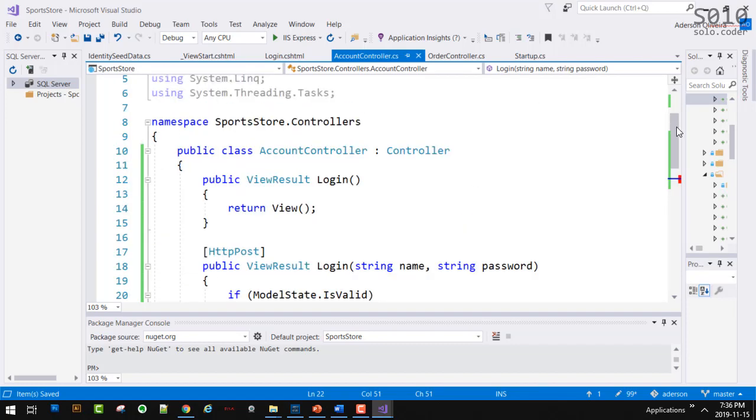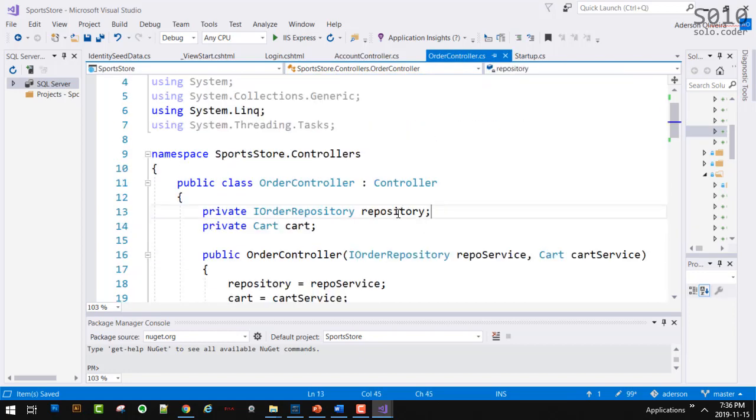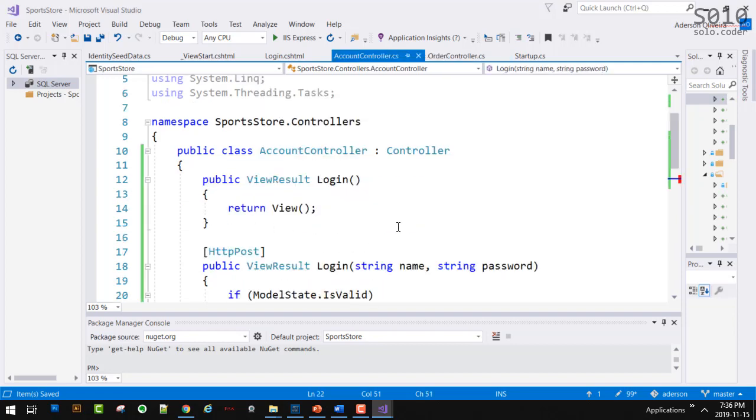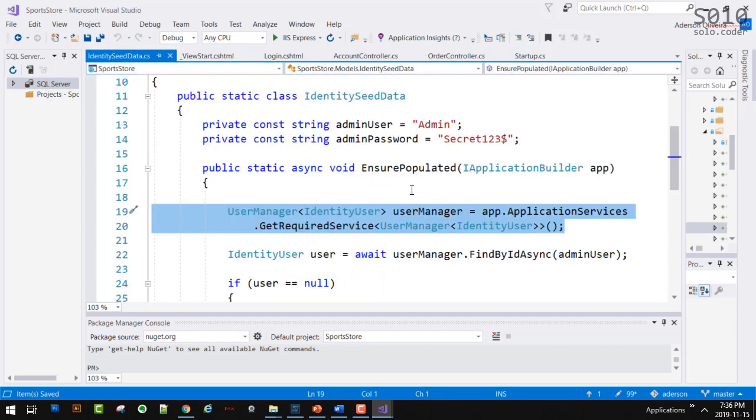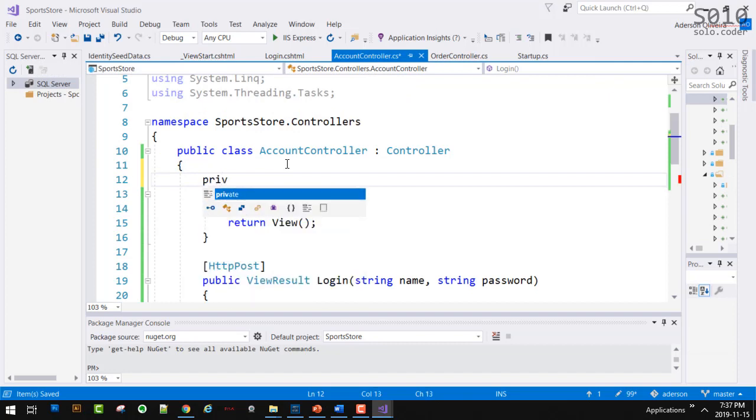So the same way as we have with the other controllers, where we declare a private repository, we're going to have a private repository of users as well, which is given to us by this class, UserManager. So I'm going to declare and create in our account controller a private